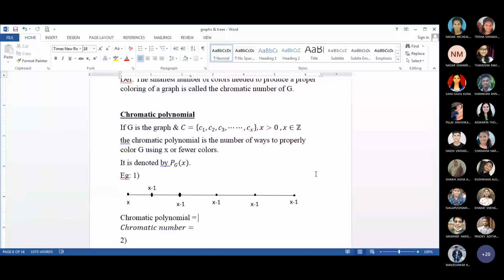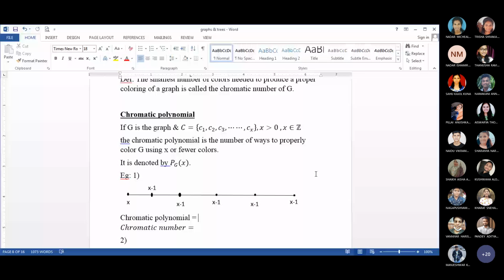Why? Because third vertex का color has to be different from second vertex का color, but third vertex का color can be same as first vertex का color. Okay, third vertex का color can be same as first vertex का color, but it has to be different from second vertex का color. Okay, same way if you come to the fourth vertex,